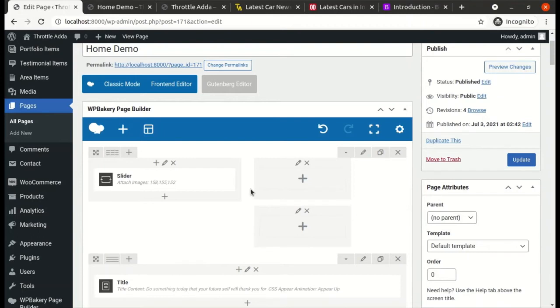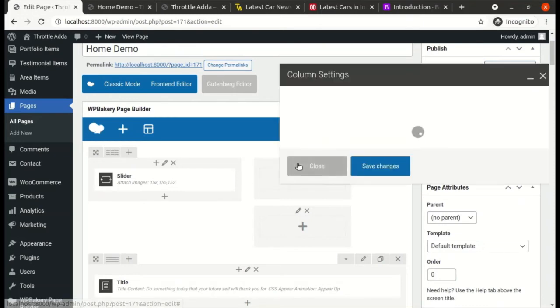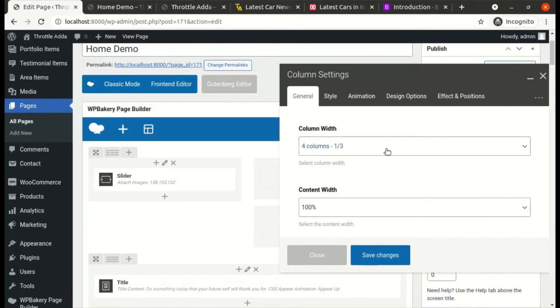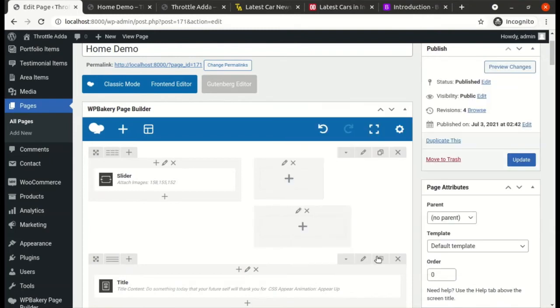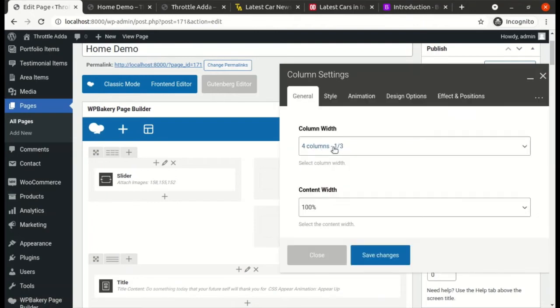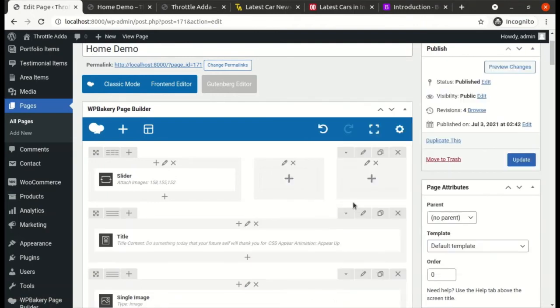Now as soon as you made it 6 column, the calculation is 6 column, 4 column and 4 column. So that is more than 12 columns. So that is why the third box is not fitting in the 12 column area. Okay, so now what we need to do, we need to make the second and the third box, instead of 4 columns, it will now become 3 columns each. So now let's edit the second box. We are changing it to 3 columns. Editing the third box, we are changing it to 3 columns. So now the total sum of columns has become 12 columns, and that is why it is fitting in the